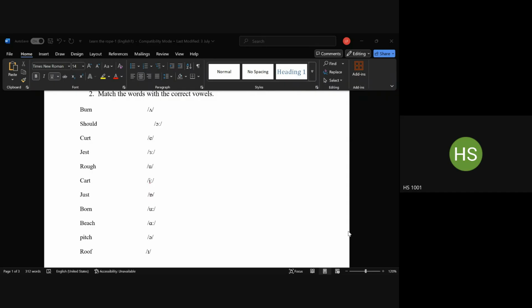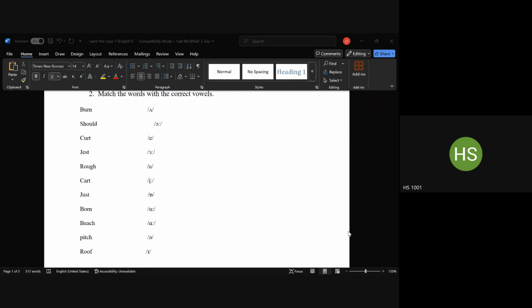So Rav is one of the answers. Just is also very similar to cut. So cut, rough, and just, they have that first sound that we have in the right hand side. It's a short vowel sound, it's a pure vowel. Okay. So cut, rough, and just, all three words have the very same vowel sound in them,